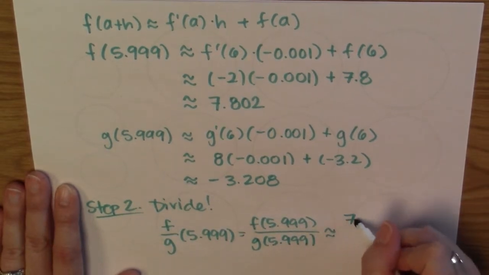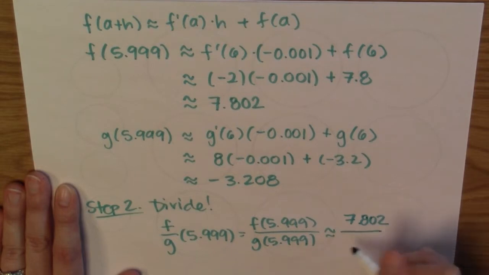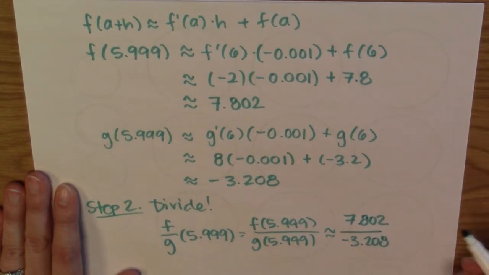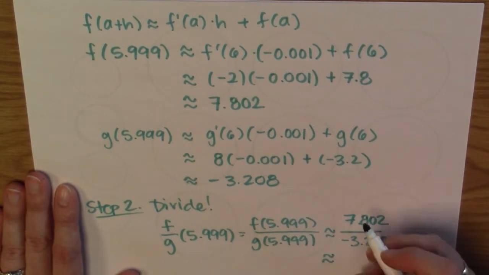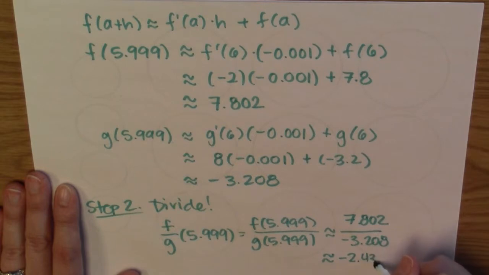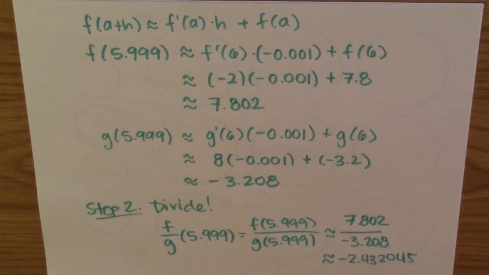We got 7.802 for the f, we got negative 3.208 for the g, and so then if we put this in our calculator, we get approximately negative 2.432045 or so. So this has been a really good practice using the linearization of both f and g, but